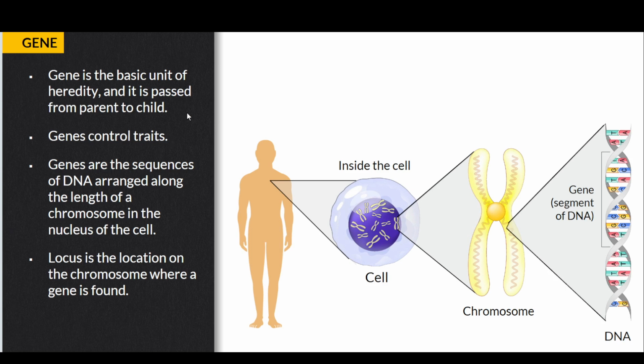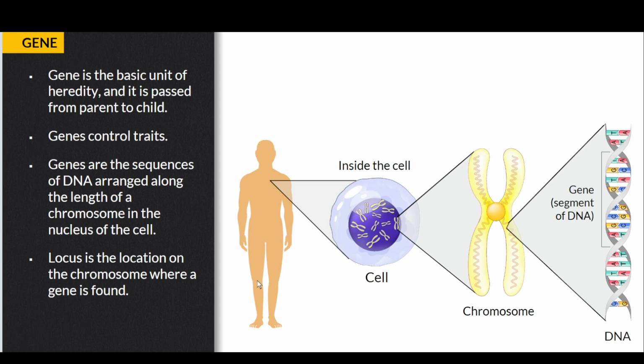Basically, the gene is the basic unit of heredity. For example, our body is made up of cells, and that's the basic unit of our body. Similarly, for heredity, the basic unit is the gene, and it is passed from parent to child. So the traits are controlled by genes. What are genes? They are sequences of DNA arranged along the length of a chromosome in the nucleus of